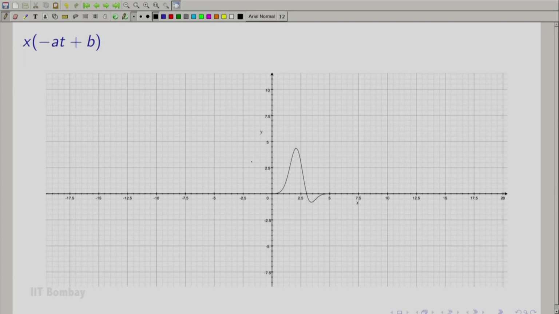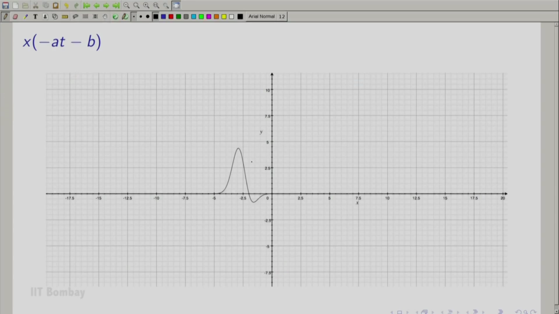So here I come to the question Ashwit asked. The operation you apply first, shift or scaling, is important, and if you don't take care of that, you won't be able to analyze situations like this. So I would like you students to discuss this on the discussion forums, and I will be ready to help whenever you have questions. So we move on to a last graph, which is again an extension of the same graph. Here we just show x of minus at minus b. Again, as in the previous graph, the shift is not as expected, and this again can be explained by the order of the operations. Thank you.